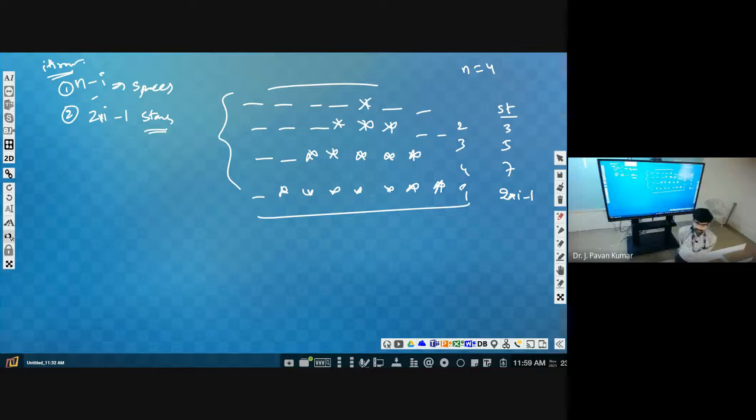Yes, 2i. Why? We have to give plus 1, not minus 1, right? 2i minus 1 plus 1, it will be 2i. Range of 2i minus 1 also you can use. That will also repeat 2i minus 1 number of times.